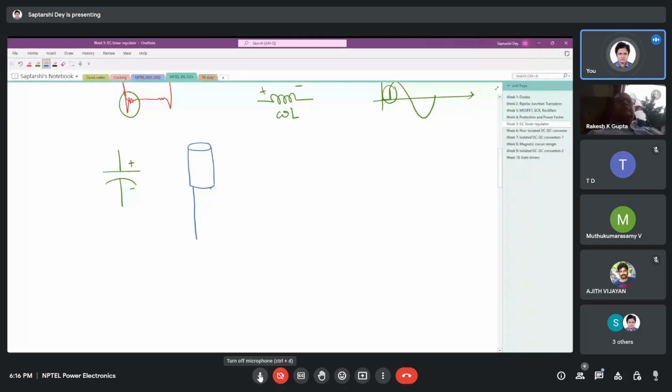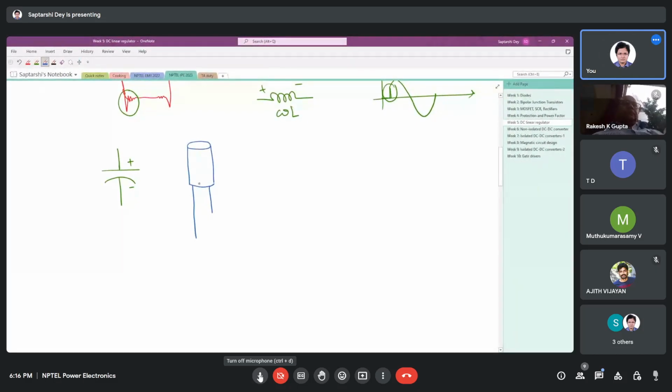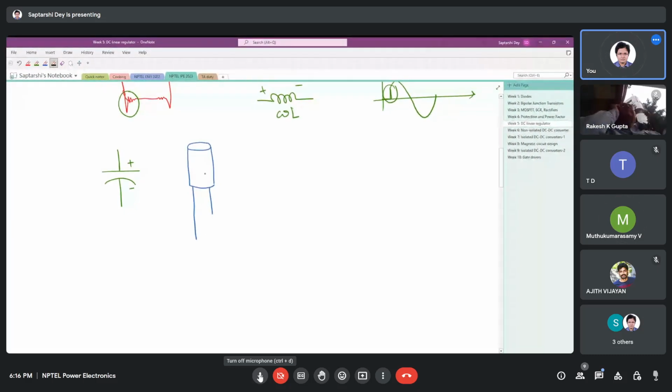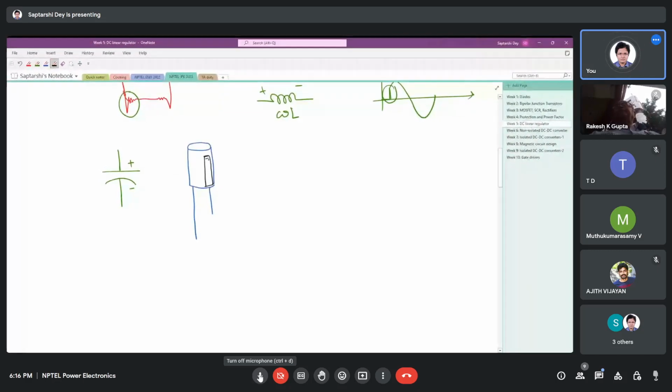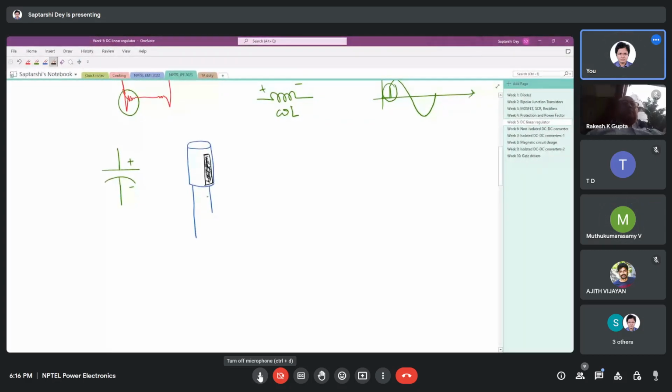One large lead, one small lead, and on the body there is a sticker, and by the negative lead on the sticker, there is a black mark like this. So from here, you get to understand which one is the negative lead. This is electrolytic, and another one is